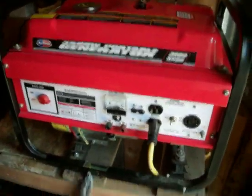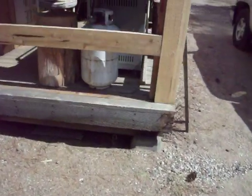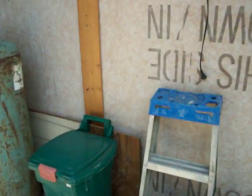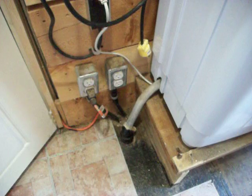You have to get your own generator, but I will leave this cord. This cord is buried under the driveway. That cord travels along here, under the deck, under this room, powers those two outlets. So when the power goes out, you go out to the shed, fire up the generator, you come in the house,